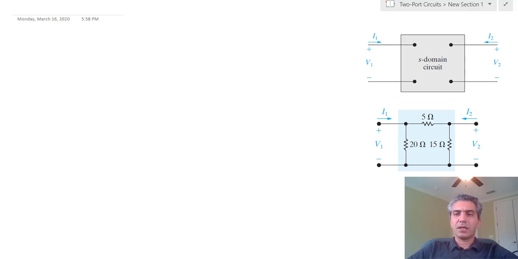Discussion today is about two-port circuits, and as I explained to you, it's from chapter 18 in the book. There will be a quiz this coming Thursday, from the material. The material is really simple, and I'm going to do as many examples as I can so that you're prepared. But please do approach me if you have questions about the homework, and hopefully we can prepare you for the time that you have to